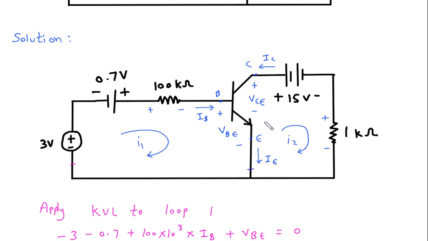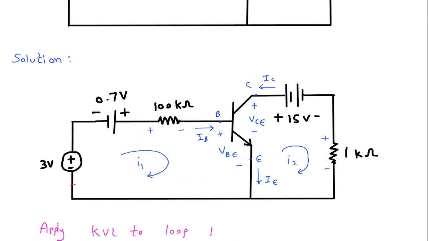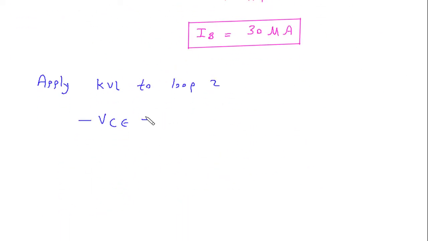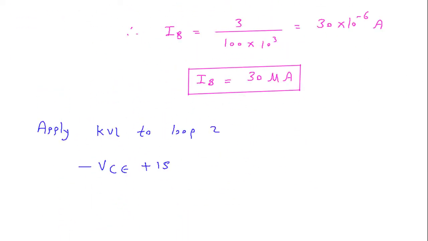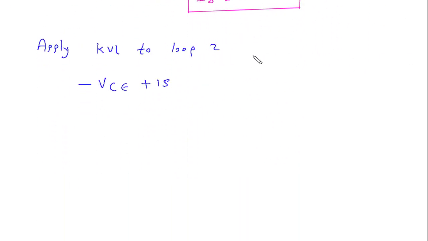So this will be minus VCE plus 15 plus 1000 into